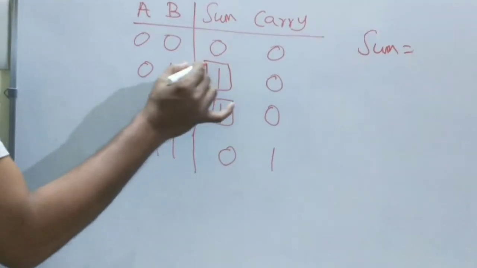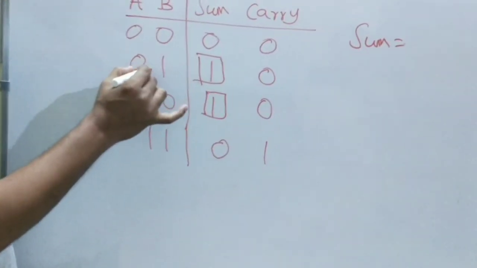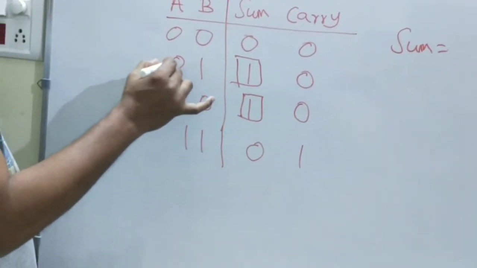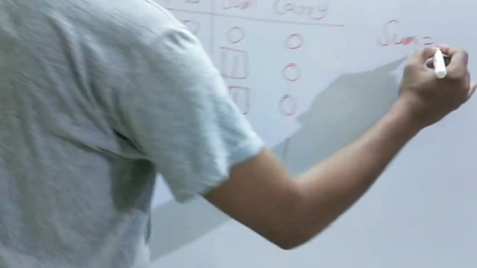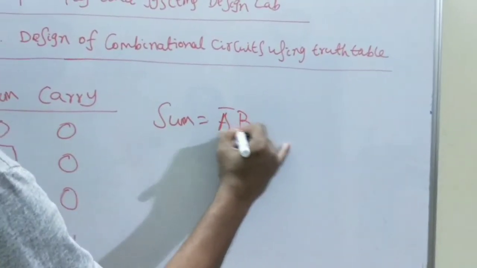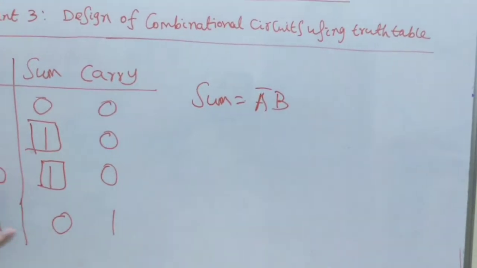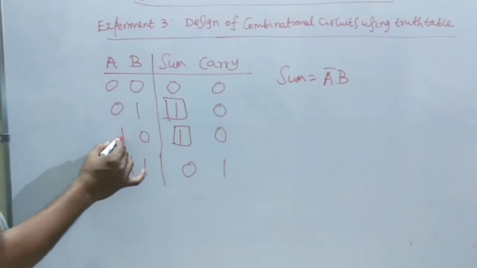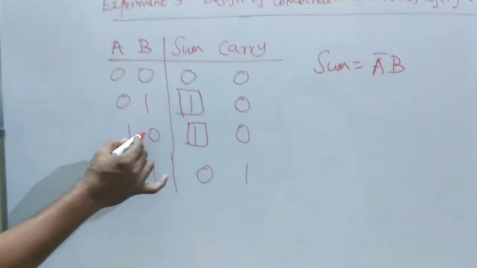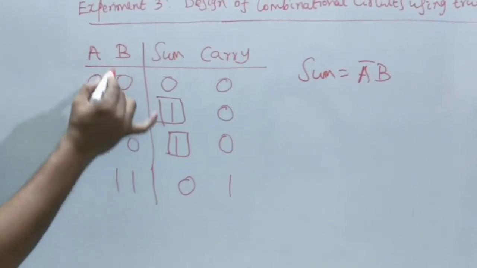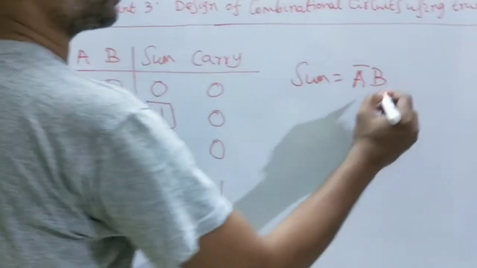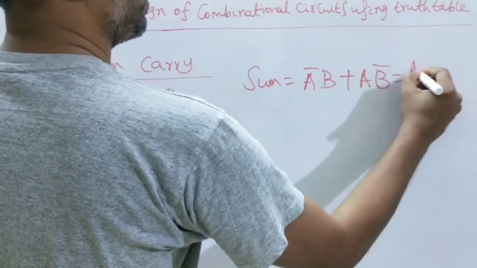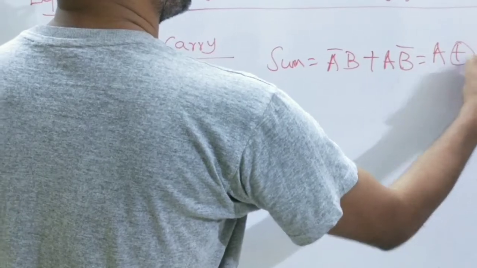So we have to get 1 here, so we have to form a product, and product means an AND term. If you want to get 1, this 0 should be 1, so we need to complement it. So A dash B for this expression gives output 1. Here 1 is there, so we retain it as it is, but this 0 should be made 1, so we need to complement the value of B. So A dash B plus AB dash, which is nothing but A XOR B.